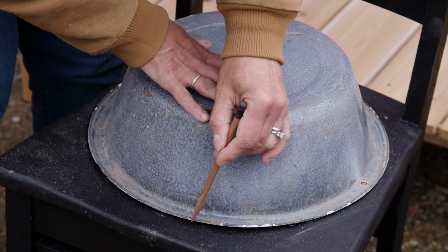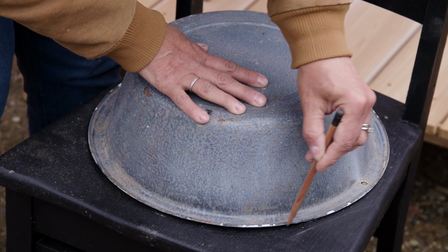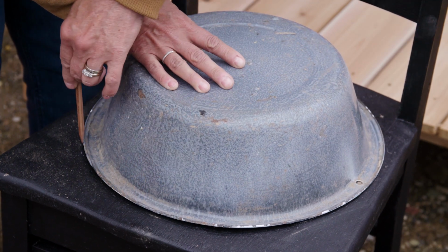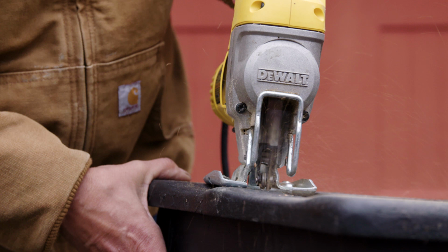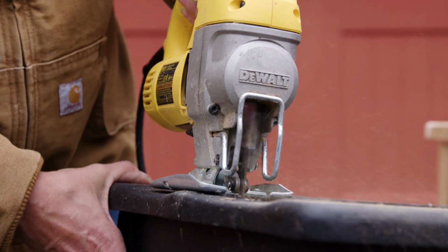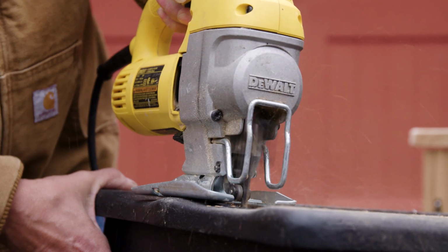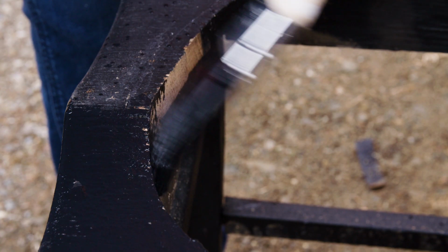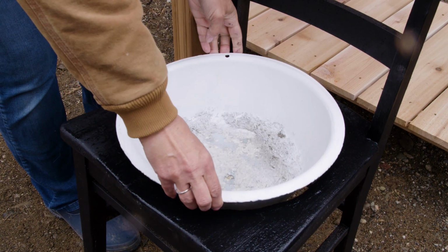To get started, I'm going to flip the pan upside down and trace the outline onto the seat of the chair. Then with a jigsaw, I want to cut just inside that outline that I drew because you need the pan to sit on its lip on the seat of the chair. Once you've got your circle cut out, you can paint your chair, paint your pan, and then set the pan